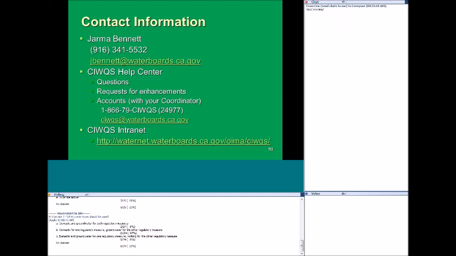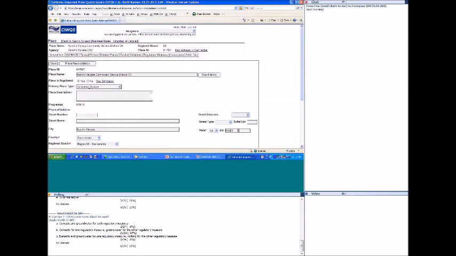So if it was a dry cleaner, for example, we don't have dry cleaner itself as an option, but you would pick industrial and services facility to describe the type of facility it is.